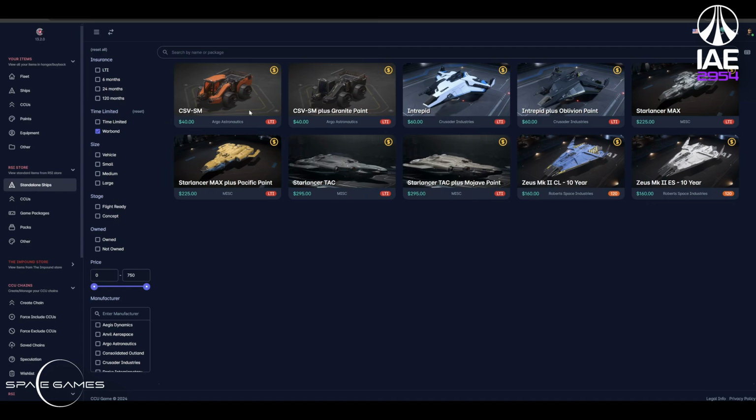And as you can see, the CSV SM is here. And you're going to see also this here with a granite paint, for example, for the CSV SM, sorry. That's when you are already a concierge member, because certain limits, certain thresholds will trigger a certain status on the RSI website. If you spend more than $1,000, for example, I know it's a lot of money, you will enter into a certain level, and with that level, you are able to buy certain extra things,